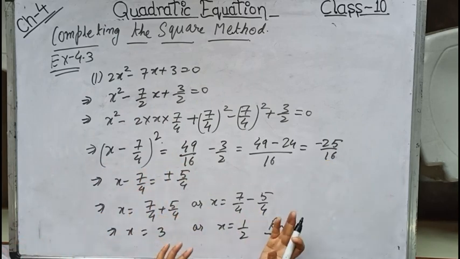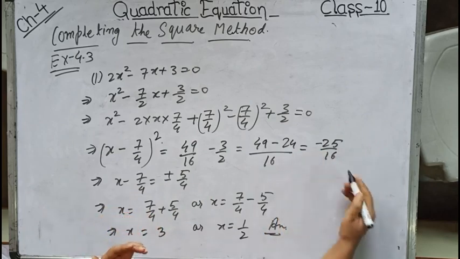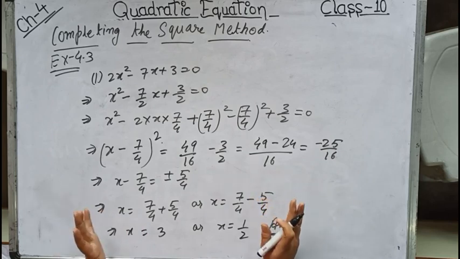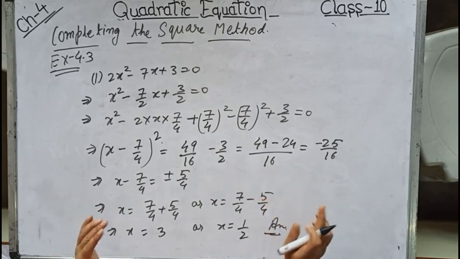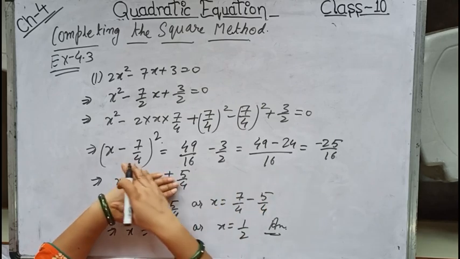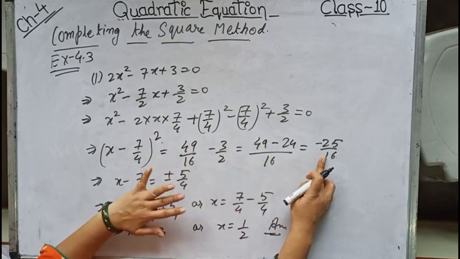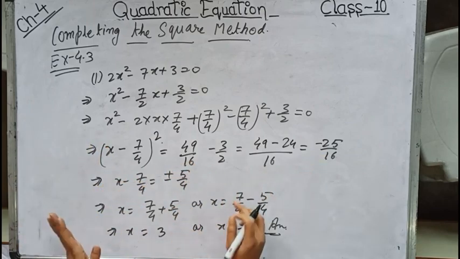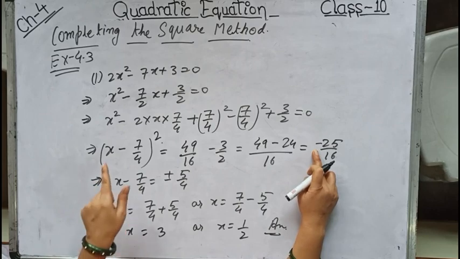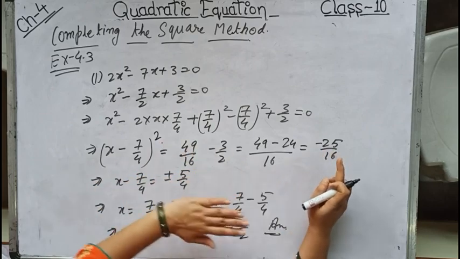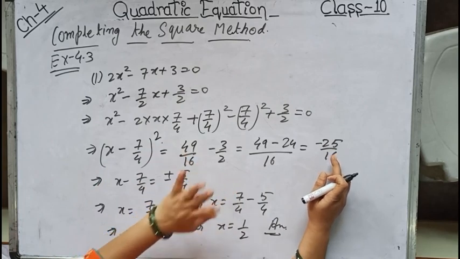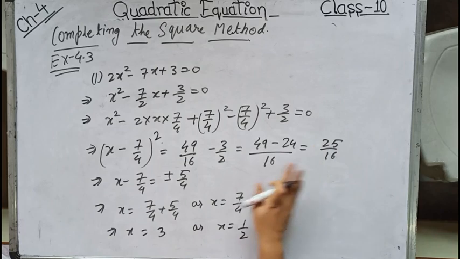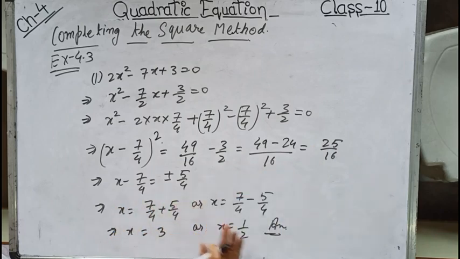But the same question, if it comes in standard 11, there we will introduce this iota. That is not in standard 10, but till 10 what you will be doing is simply writing that since the square of any term cannot be negative, hence no real roots exist, and my solution is complete. No need of solving over here. I repeat, if negative is coming, then only you will be writing this. But over here we are getting positive, that's why I have solved.